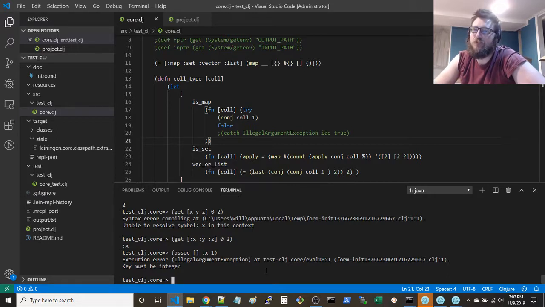This will throw if you try to associate on the hash map. Right. You can't. No. It doesn't work like that.